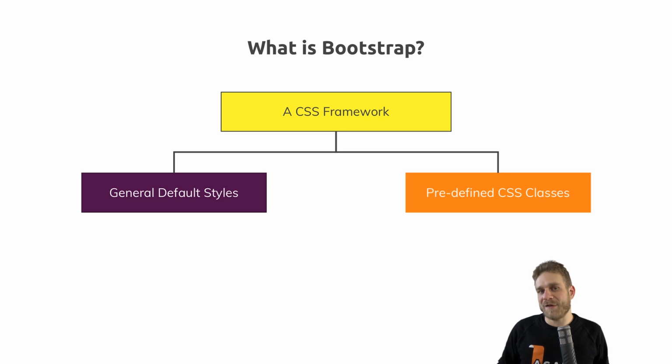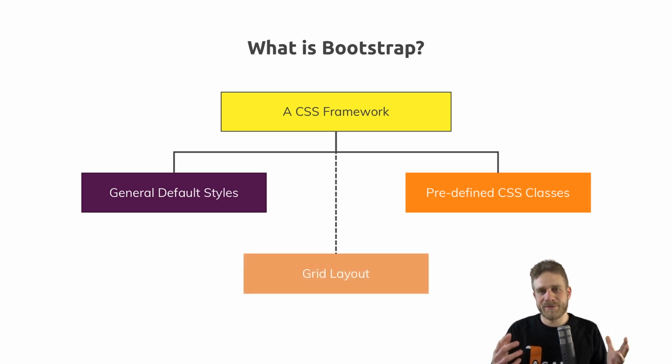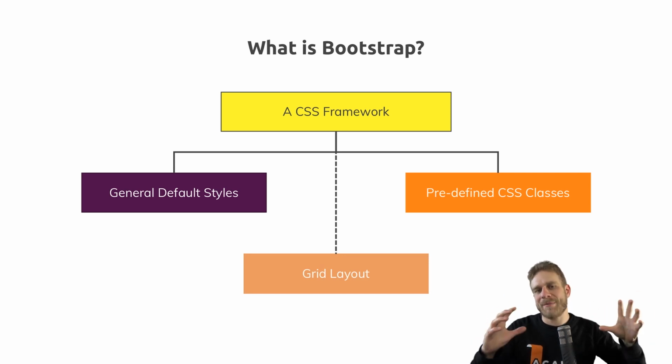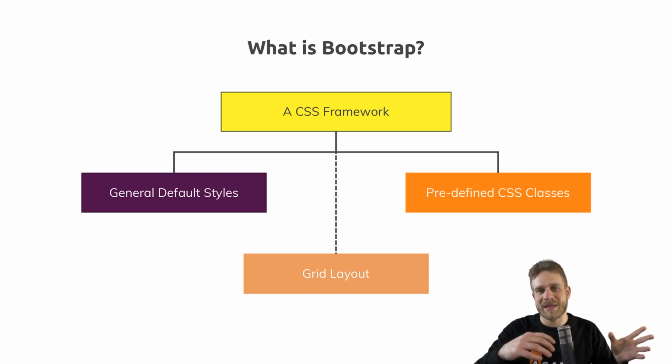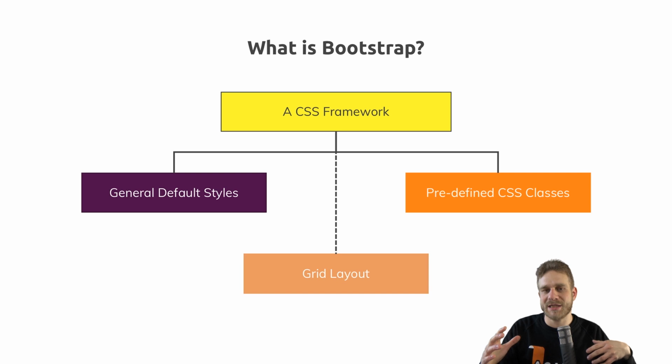Now, the third big thing it ships is the grid. The idea behind a grid is that you can lay out your page with such a grid. Because if you think about a page, you will basically notice that you can think of it as rows and columns. And Bootstrap gives an easy-to-use grid, which you define by using HTML elements with certain CSS classes, and where the things will then be positioned correctly automatically by the Bootstrap stylings. But let's take a closer look at all these three things here in detail now.